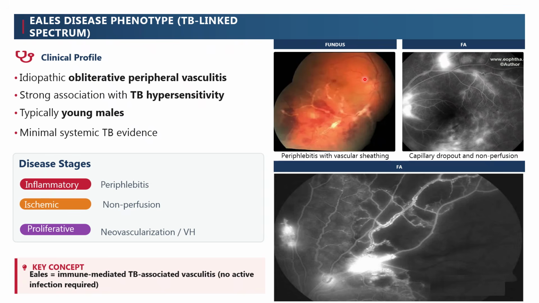Now, in this presentation, the involvement is much broader, across the whole quadrants. The previous one was just sectorial, in one or two quadrants. And here it is more peripheral. The other one is more mid-peripheral, with involvement in the mid-periphery, and is associated with granuloma. As I said, perivascular granulomatous inflammation. However, here you will find involvement of the very far periphery, with not much granulomatous inflammation, and also minimal vitritis